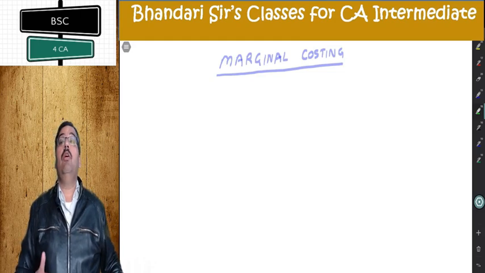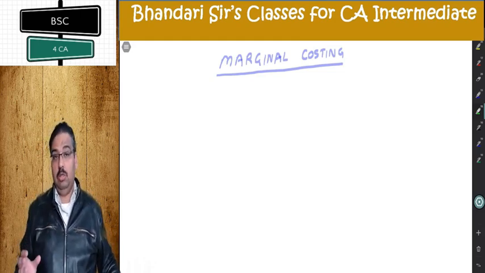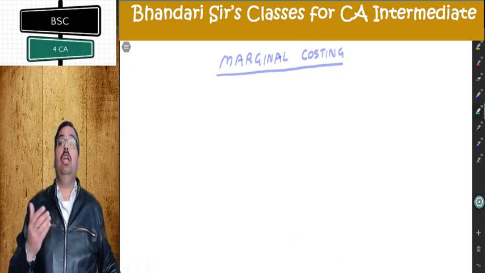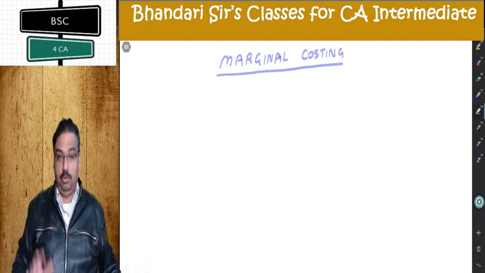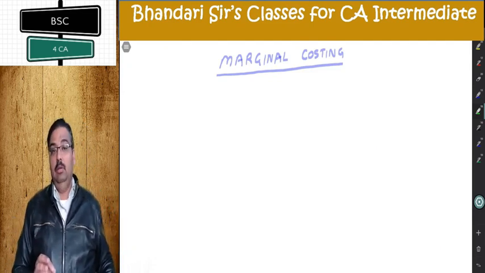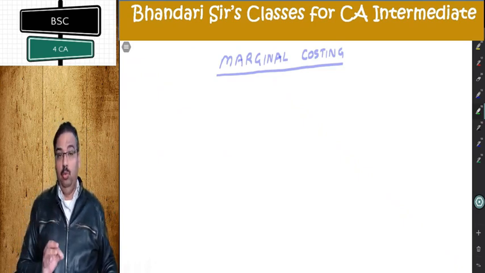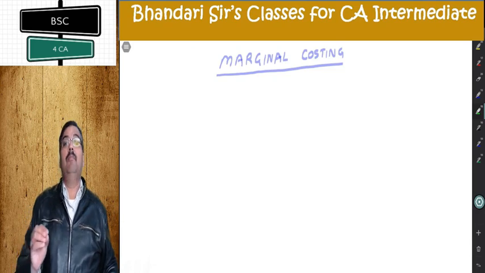What was the meaning of marginal cost? Marginal cost was additional cost incurred to produce an additional unit of output. The extra cost that you are putting in order to create an extra unit of output is termed as marginal